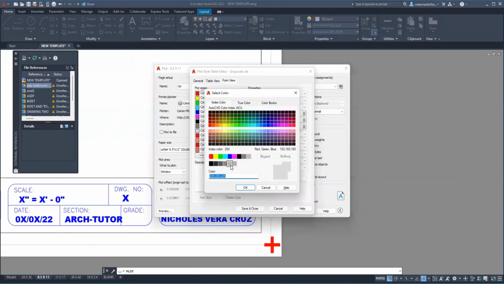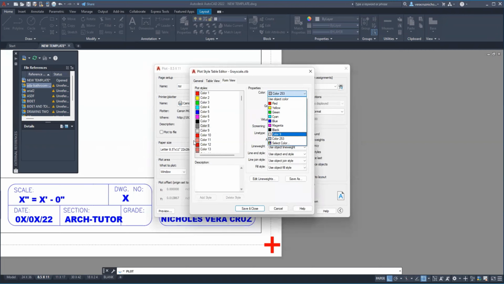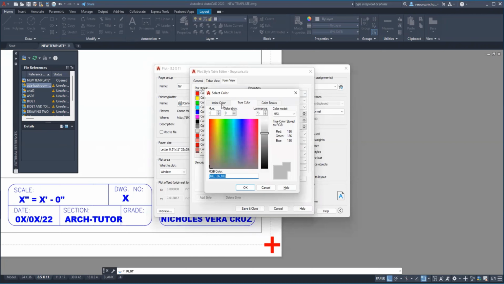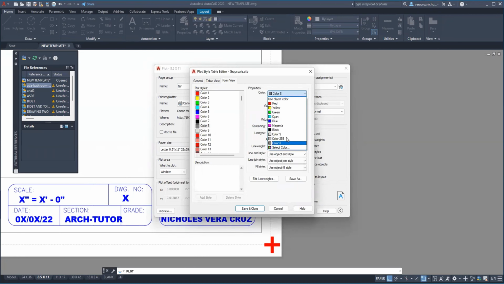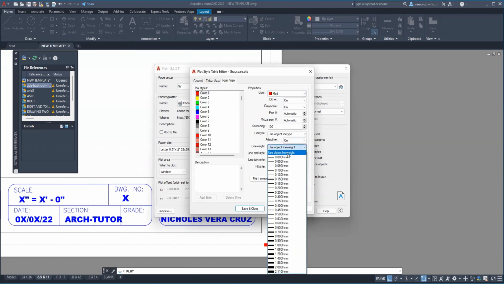Oh, excuse me. Go back to index color. Mid color number 8. I'm assuming it'll be this one. So there we go. So now you got color number 8. I'm sorry, it was right here. So you got color number 8, color number 9, you got all the others. Let's do it all over again. Color number 1, turn to red, choose the line weight